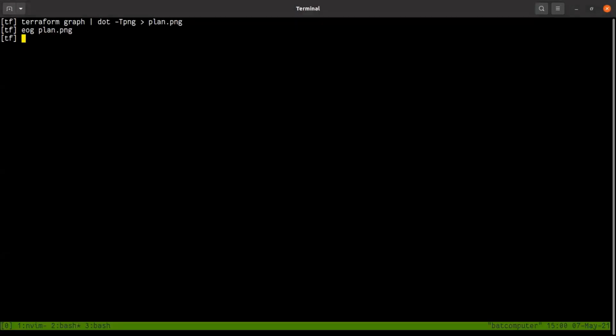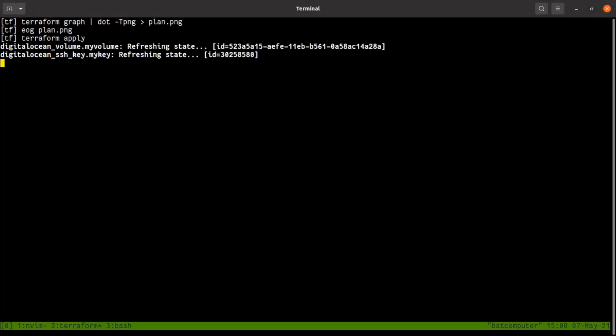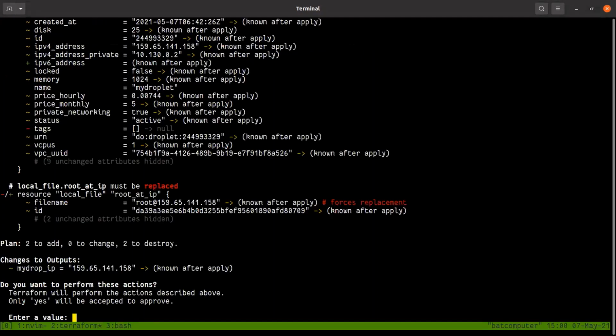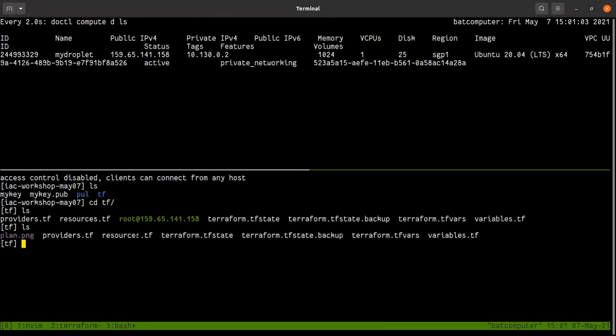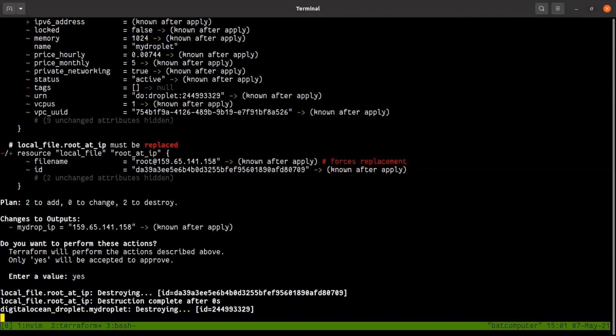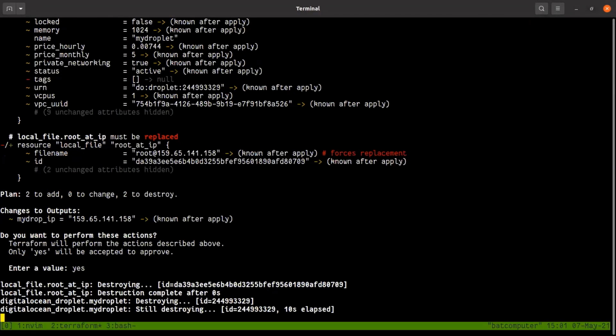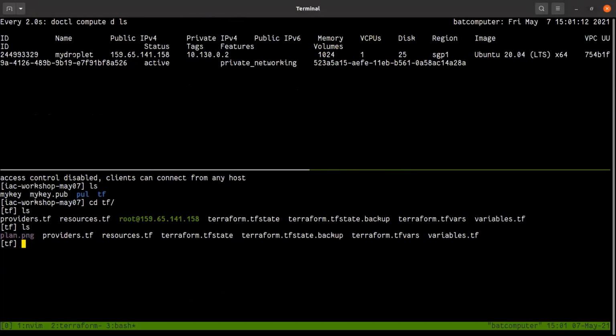So now let's go and recreate that. Okay, so I'll say yes. What Terraform will do is now delete this file, and then recreate it again. So it's now destroying my instance. So this is now going to be destroyed.